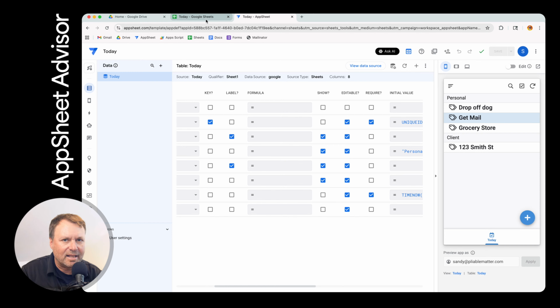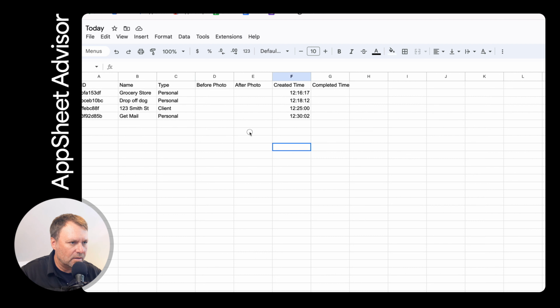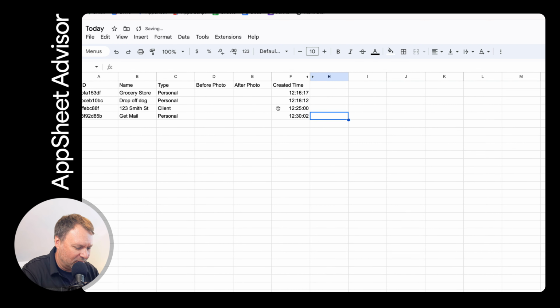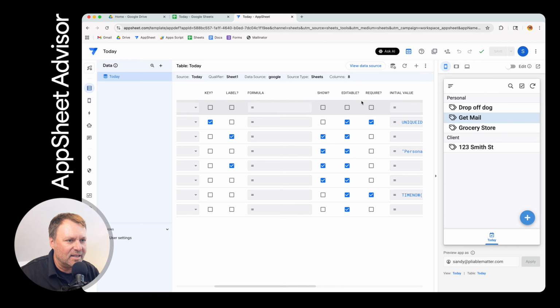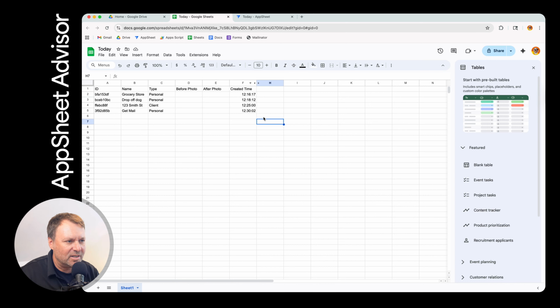So now if I go back and look at my sheet again, when I added get mail in that particular case, it did not put in a completion time, which we want. We want that to not be put in there until we actually click the completion button. So let's go back over here again. And now if I go to get mail and click the complete button, again you see that little red icon show up there really quick. And if I go back to my sheet again,